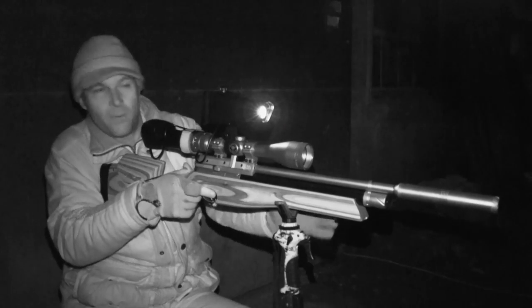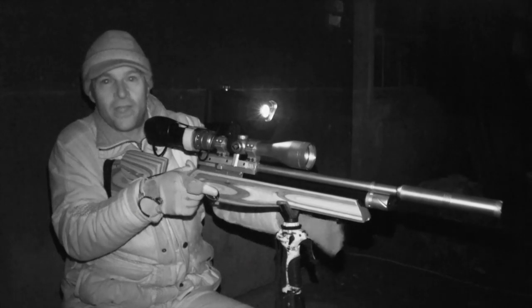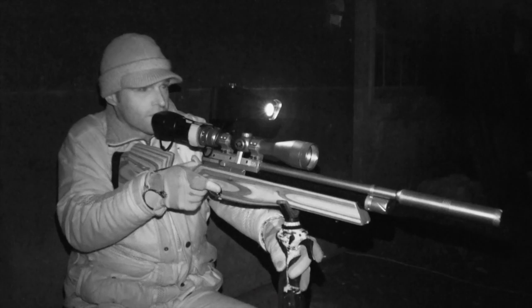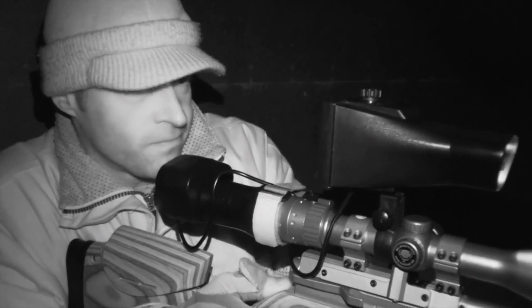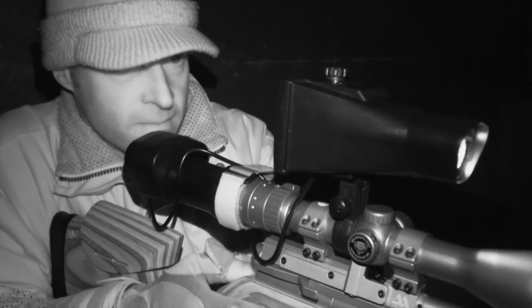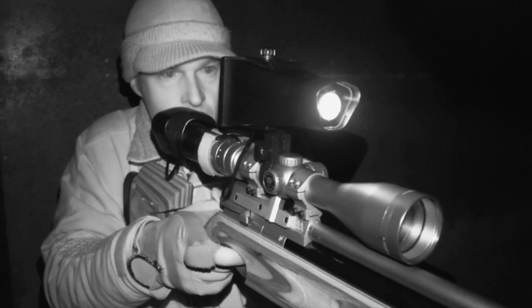Right, that one was on the bait spot just by the pallet there, which is very encouraging. Now it bounced off out of sight, but it was hit very solidly in the head, so I'm convinced that was a good clean kill. Accounting for the first rat is an encouraging sign that the rodents are on the move, and sure enough, it's